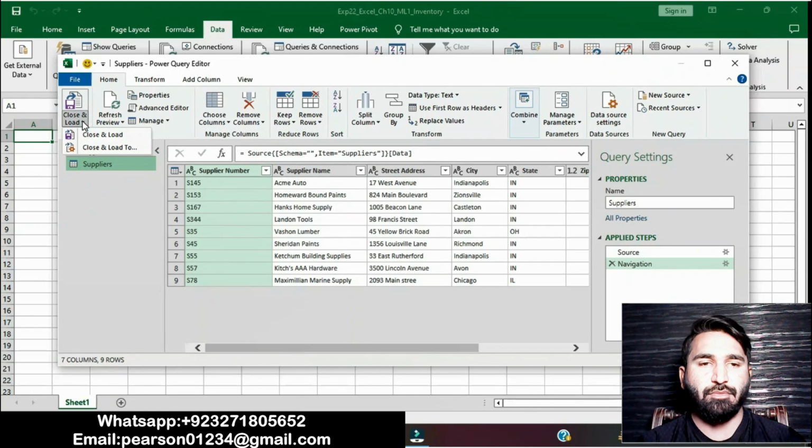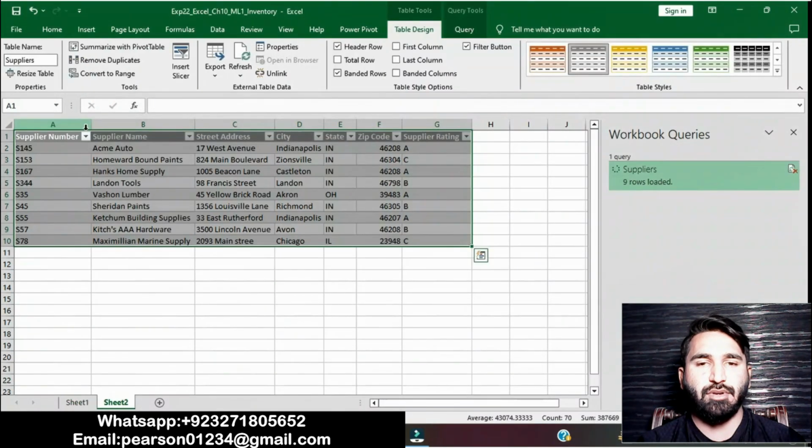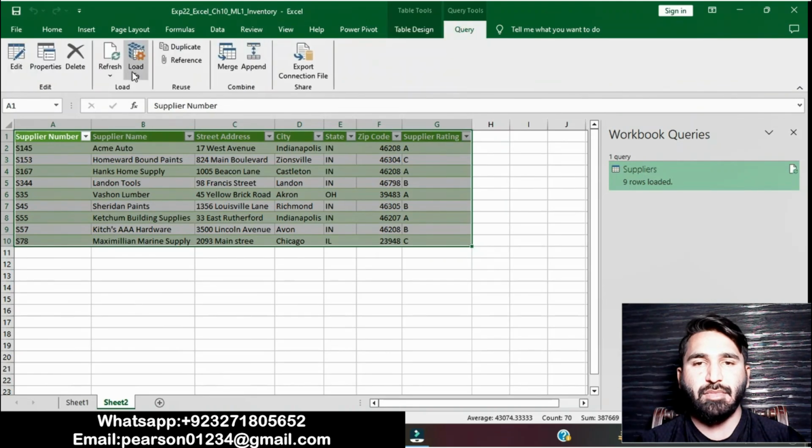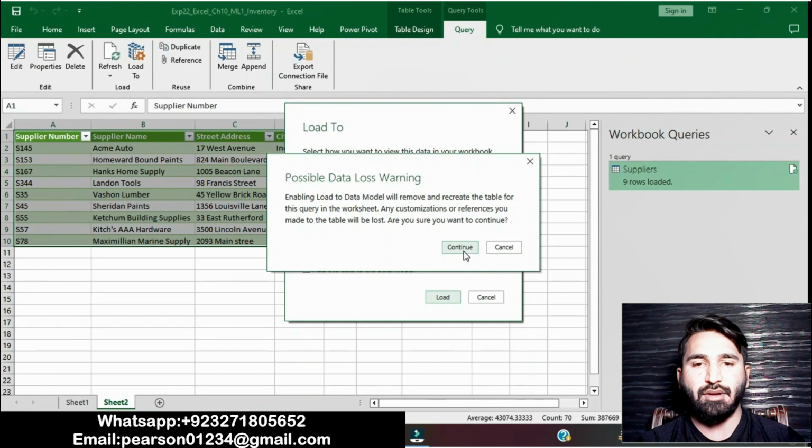Close and Load. Click on Close and Load. It will load and close. Then Query, then Load To, add this data to the data model, Load, Continue.